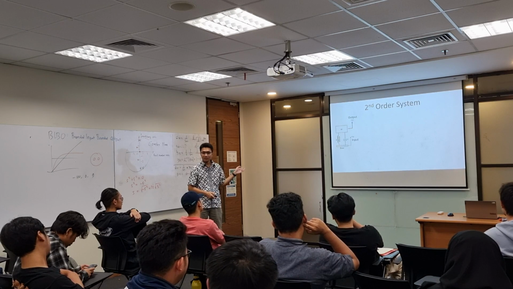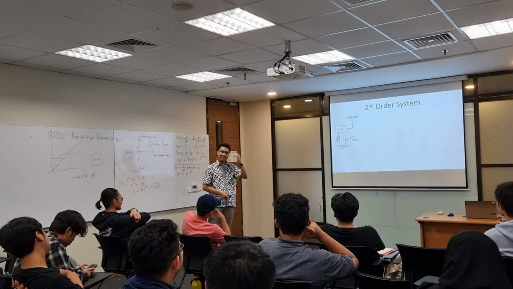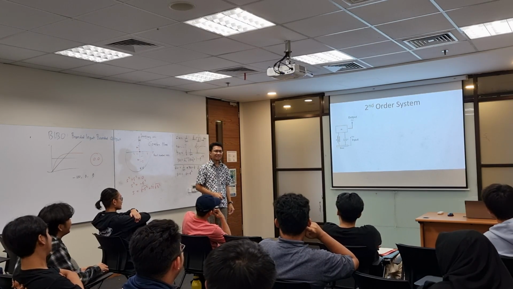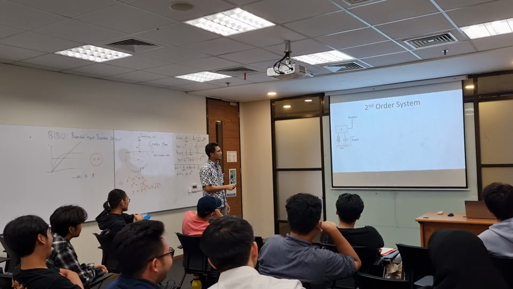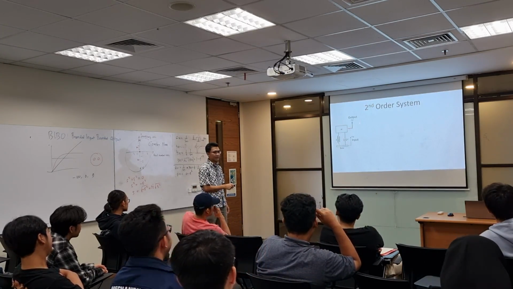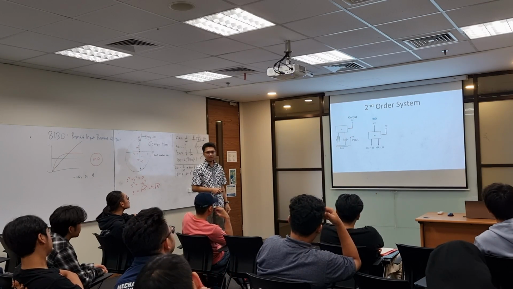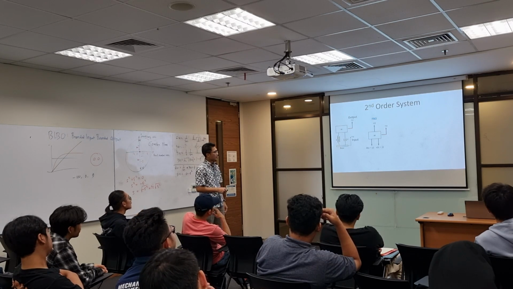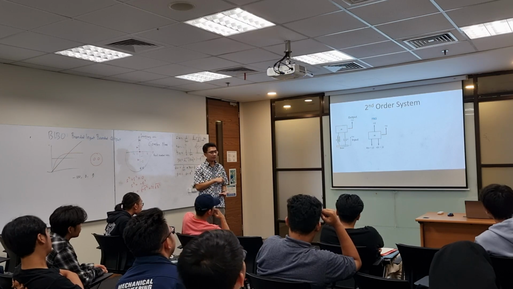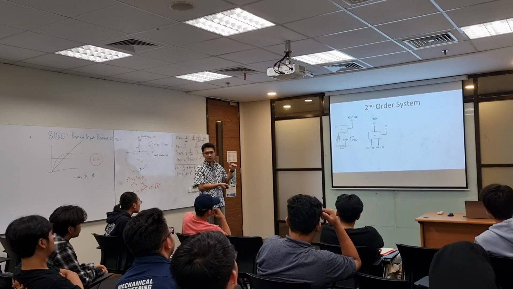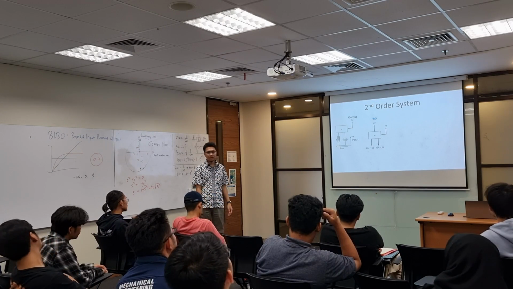Can you create the FBD on this? We assume that the coordinate x is going up, or y is going up. So the FBD is like this. The k(x minus y) is going down because we assume that the spring is being compressed, and the same thing happened for the damper.